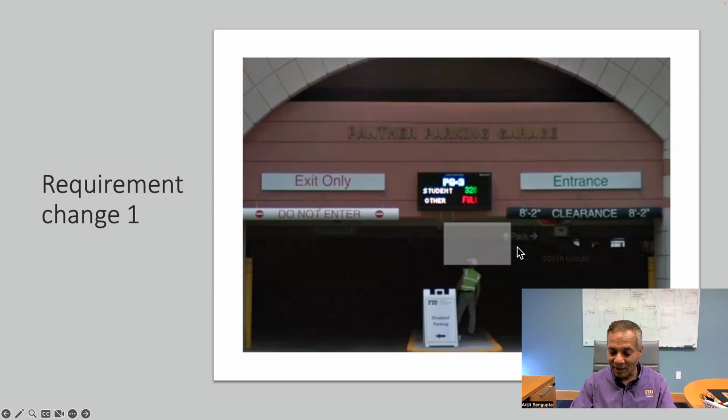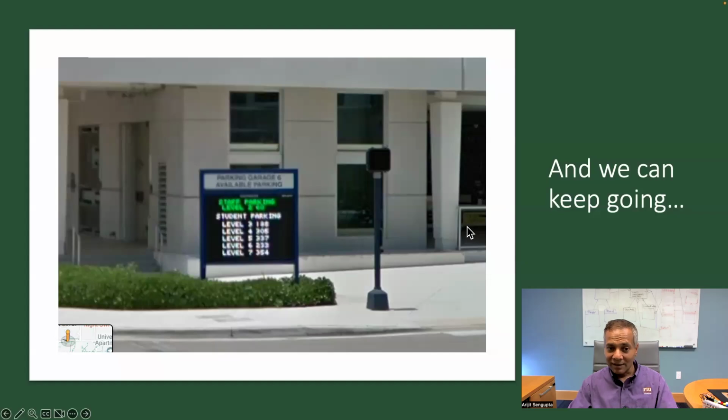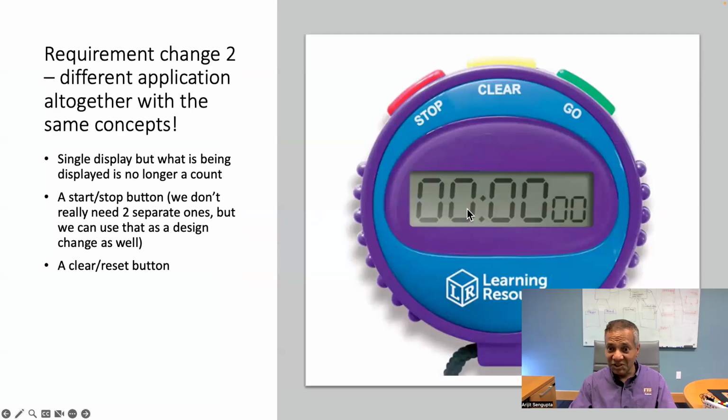That's a changing requirement. You could have, hey, a more complicated one where you're actually counting the number of spaces in each floor of a parking garage, right? You can change completely how things work, so that you're no longer just incrementing and decrementing. This is still a counter. It's a stopwatch, but when you press the go button, it basically starts counting and keeps counting with the time. So all of these are essentially examples of the same counter problem, but as we go further and further, our